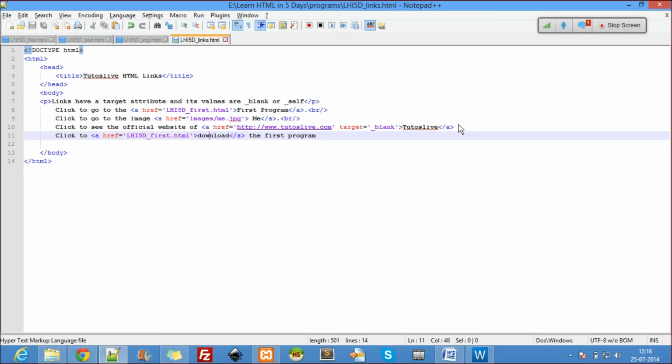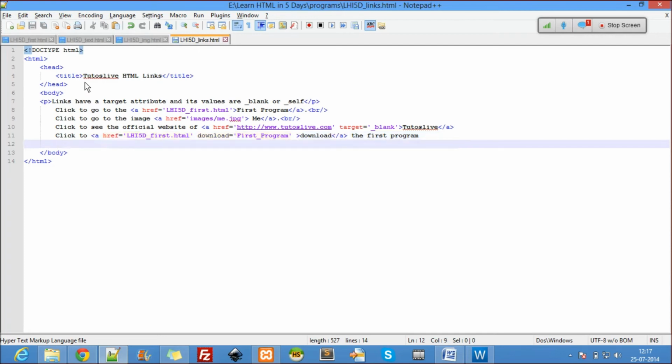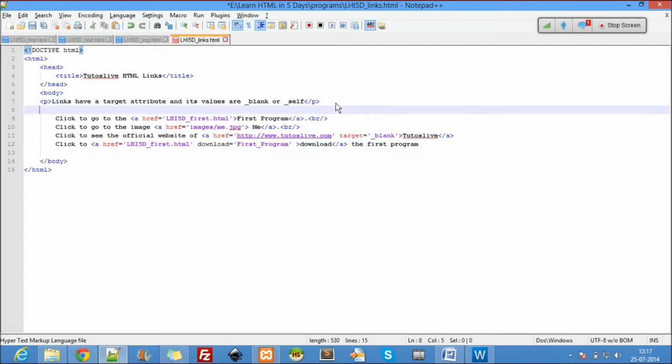So I can also add one more attribute called download. If I give download equal to first program, what does it mean?